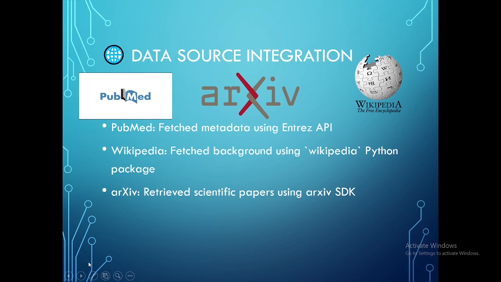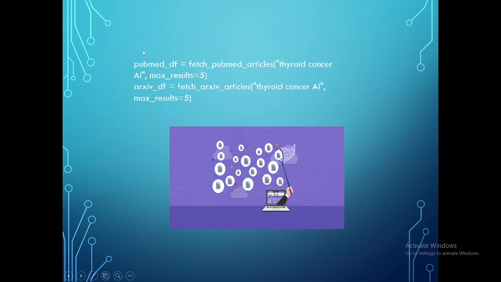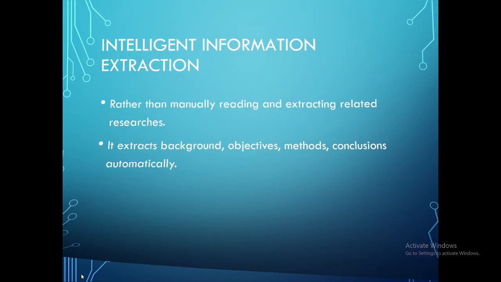You can include more if you want to experiment, and I would love to see it if you experiment with 4 or 5 web pages and see what the outcome is. And this is a snippet of some code lines I have here, in which I give it the information to fetch PubMed articles. My topic is this, and I want a maximum number of results, which is 5. You can query your desired topic here, and you can also experiment with whatever number of results you want.